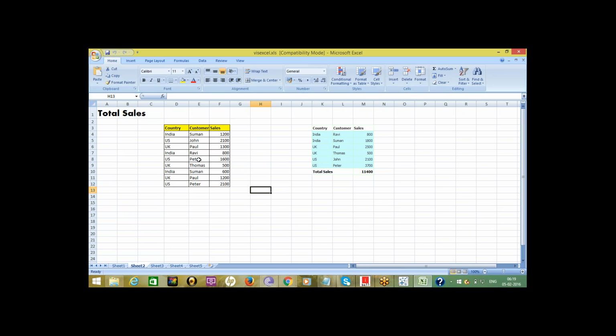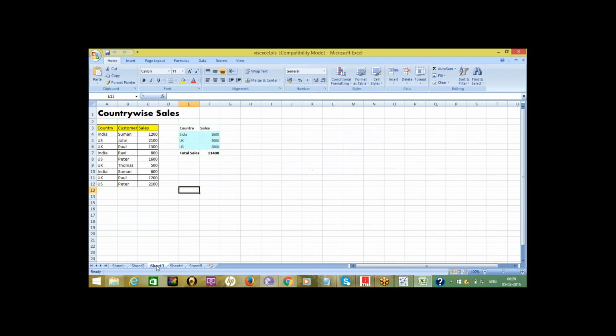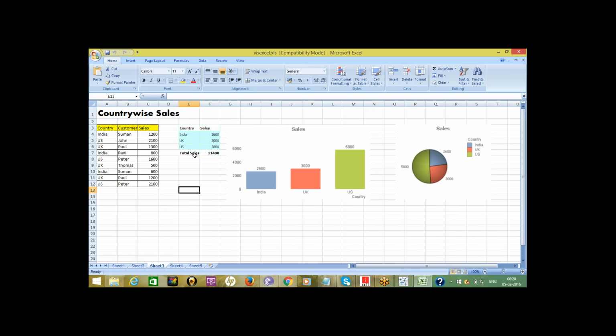Country wise or customer wise, like that. Here, customer wise sales means only country wise sales. For India, 1, 2, 3. Country wise grouping. All these three values will be summed up into a single value. India 1200 plus 800, 2000, 2000 plus 600, 2600. India 2600. UK 1300, 500, 1800, 3000. Like that.